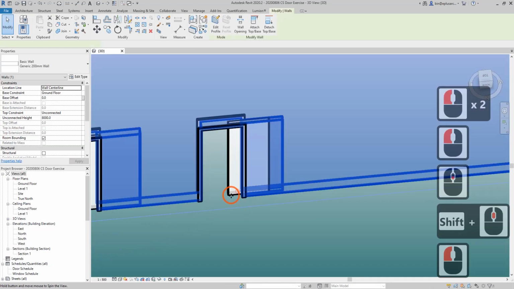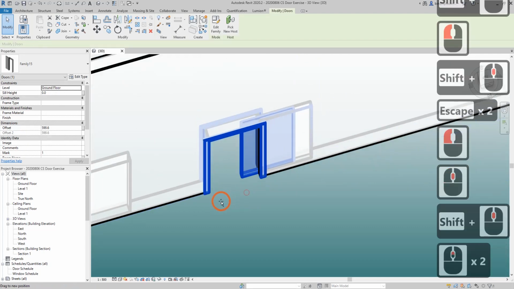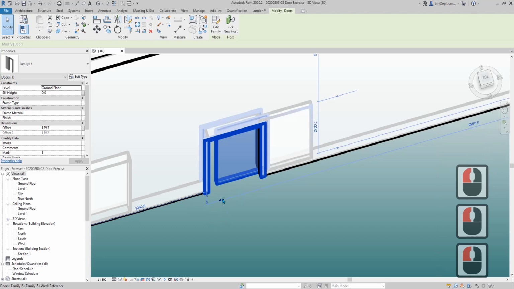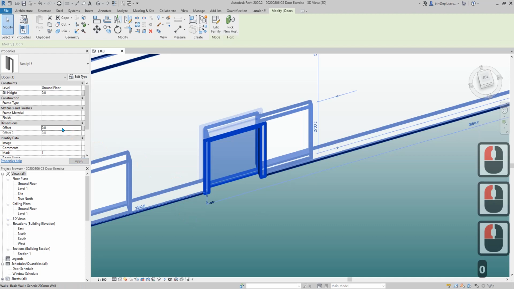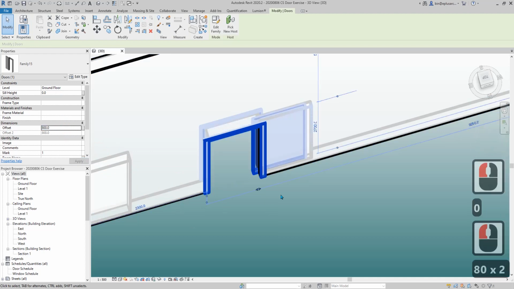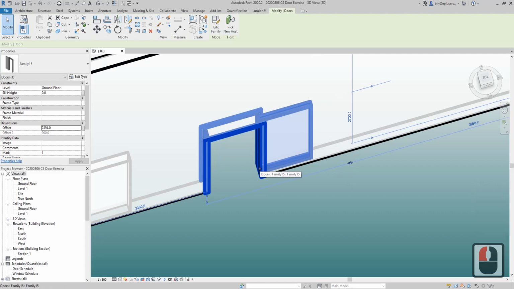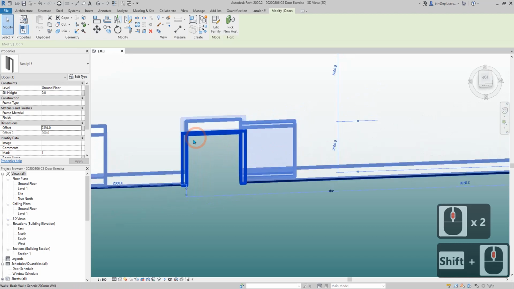Everything should be the same. See, close the door, open the door, close the door, open the door. But if we drag too far away, the door will stay here. So that's the maximum offset, which is equal to the width